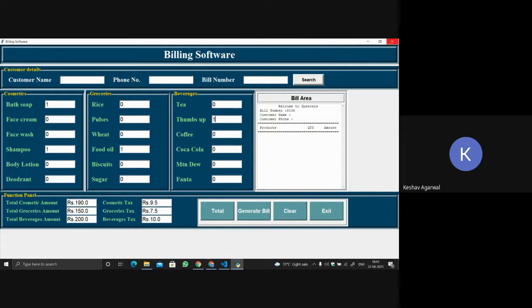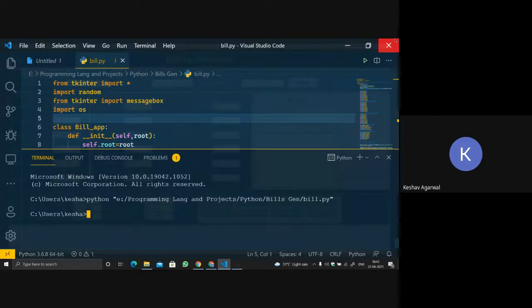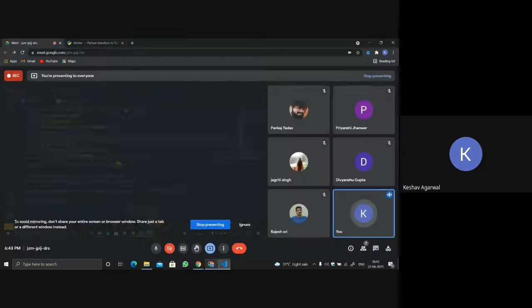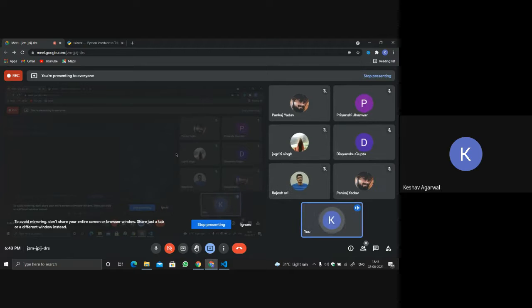So today we will start with a smaller version, not exactly this, but you saw the end product, right? Is it enticing to try Python with GUI? Do you all want to try GUI with Python?